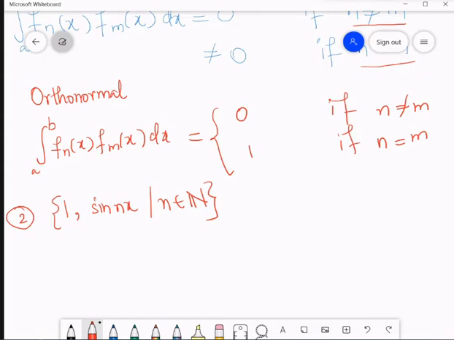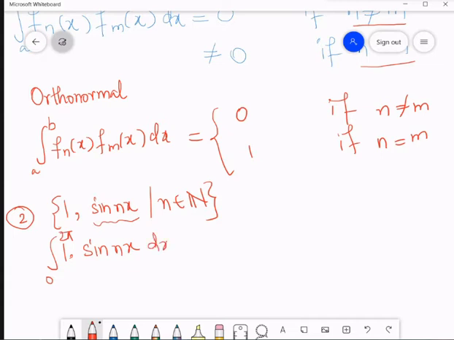See over here, as Arya has said, when I want to check this particular expression, in general form we have this function, but then this has to be considered now. If I take this as my first function, then I have a variation over here: 1 multiplied by sine nx. So I have taken all the combinations that are possible here. This has to be considered from 0 to 2 pi.